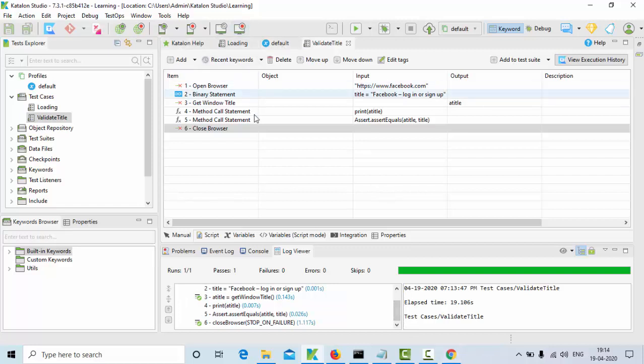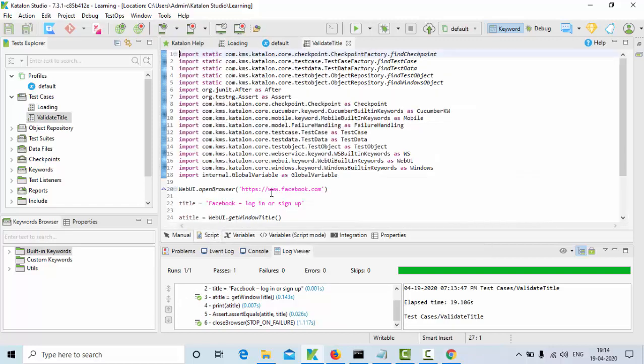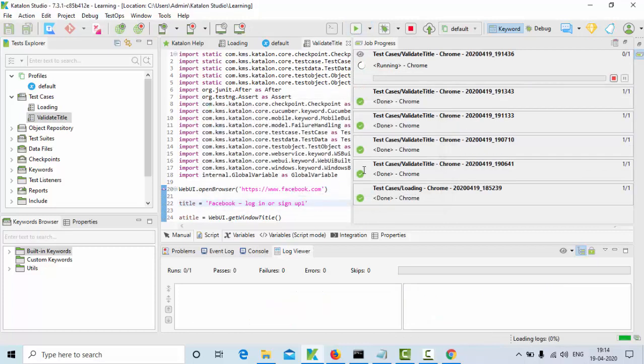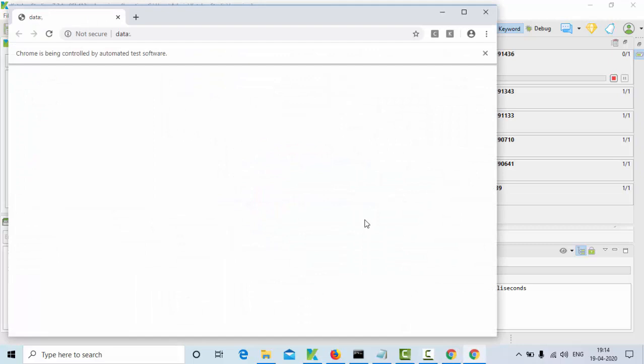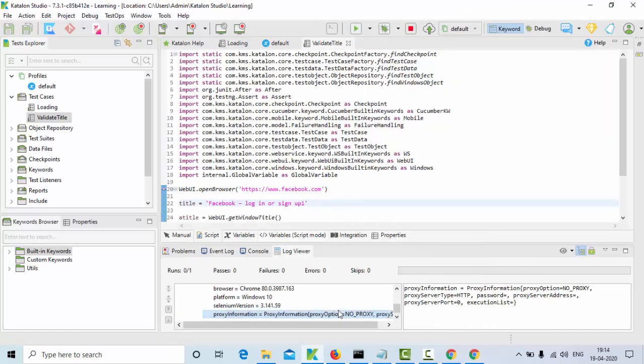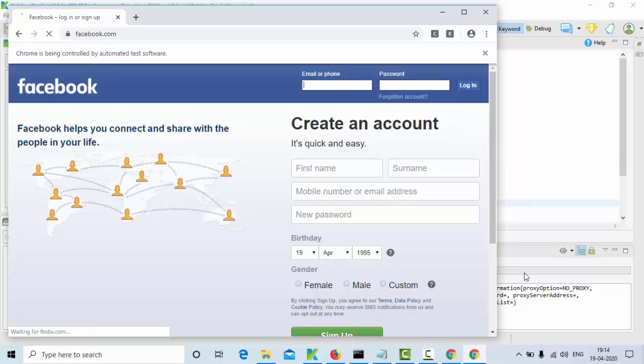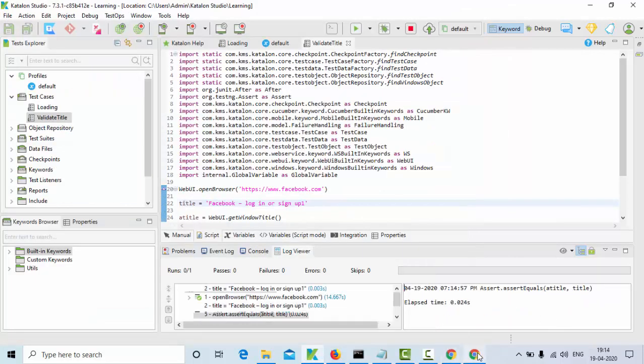Okay, just to see whether it fails or not, what I'll do is I'll put one in the end, so that this assert is going to fail. Okay, that I'll try to show now. Now you can see I started executing the script, and it will invoke the browser, and the browser will load the application, and it will get the title, and it will try to validate against this particular value, and that is going to fail. That I want to show you here. Okay, still it is loading.